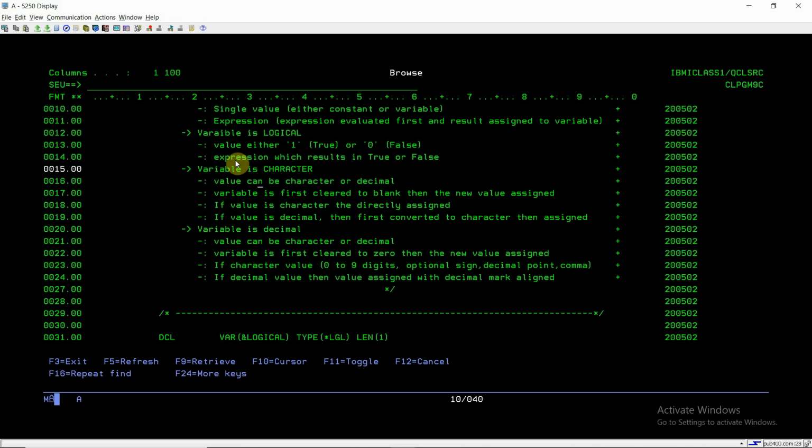So we can assign both types of values to the character variable. What happens in this case is the variable is first cleared, meaning all the positions will become blank first, then the new value will be assigned. So if you are assigning a character value to the character variable, it will be directly assigned to